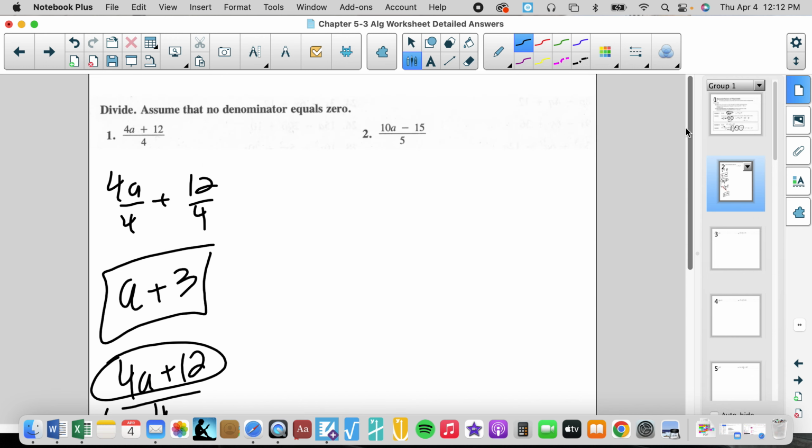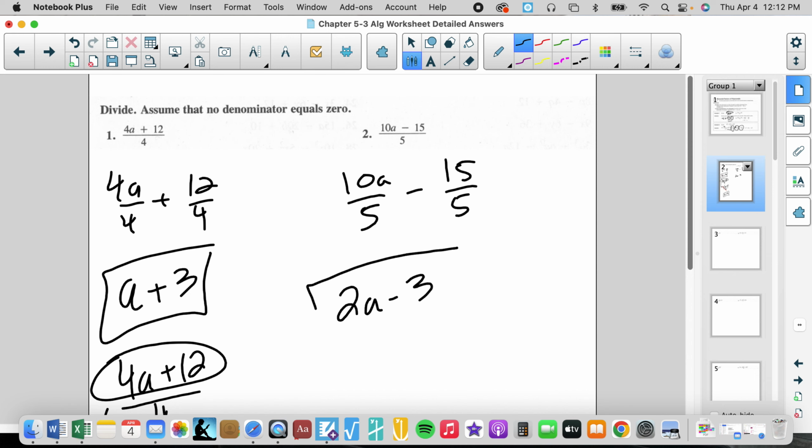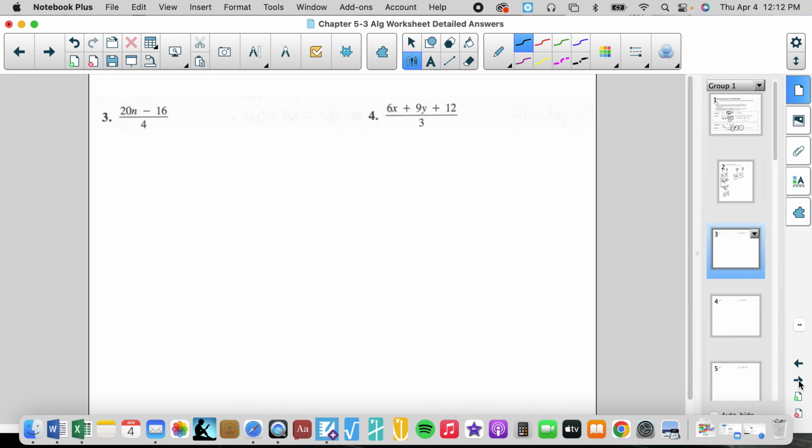I don't know if there's any particular one way that they like more than another. At the moment, I'm going to separate them because that's the technique that is shown in the example, that negative. And we'll just try to stay consistent with what they're doing because this technique is not a bad technique. Both techniques are efficient. I don't know whether a high school would use one form over another, but we'll just keep doing it this way. This is a nice way to introduce it. We'll separate it. 20n over 4 minus 16 over 4, and we get